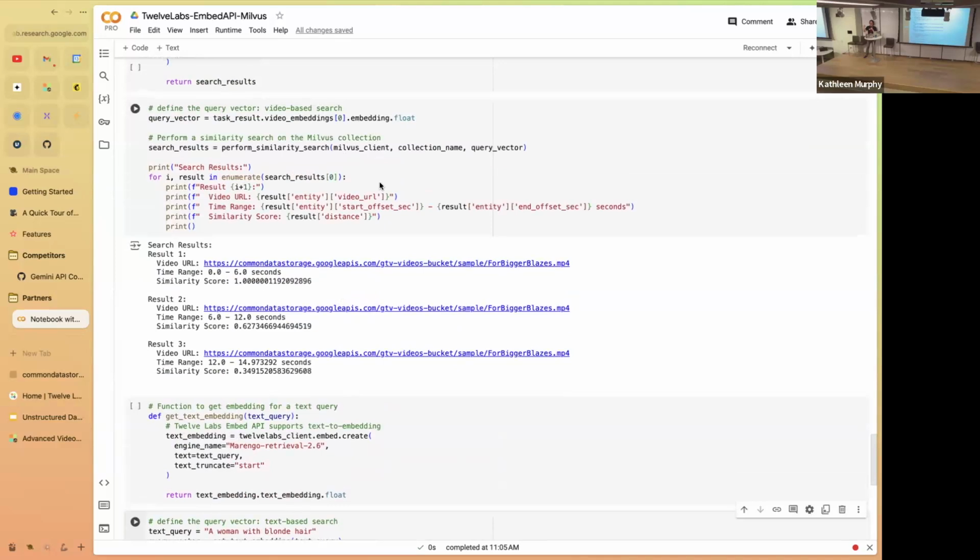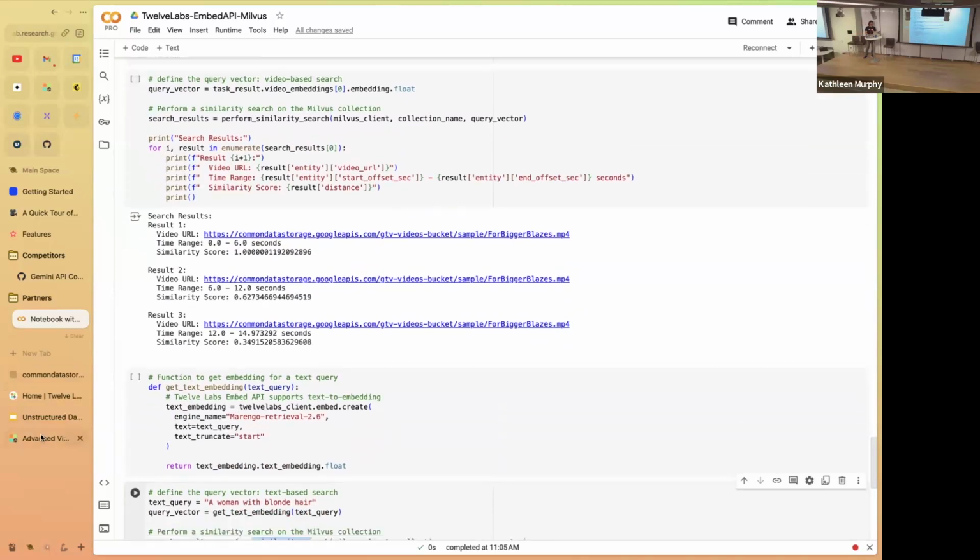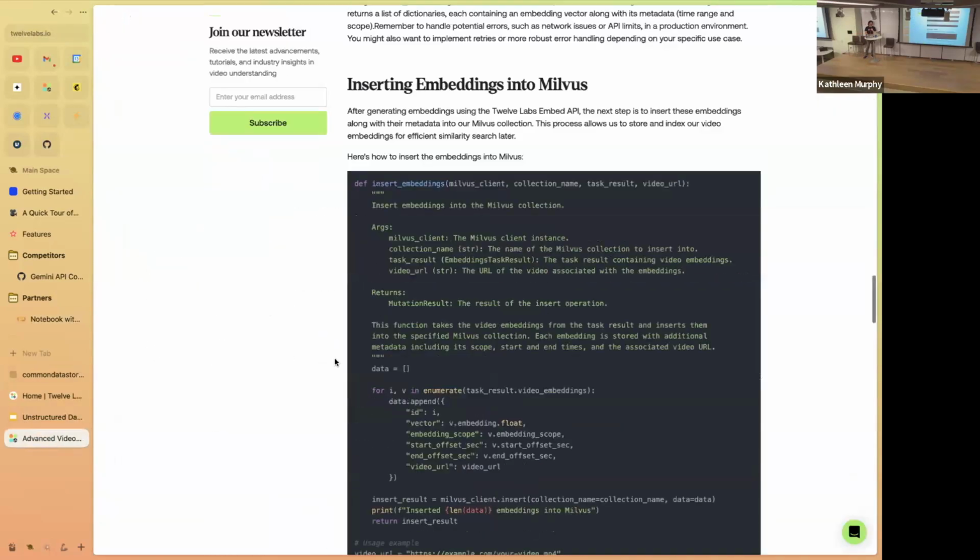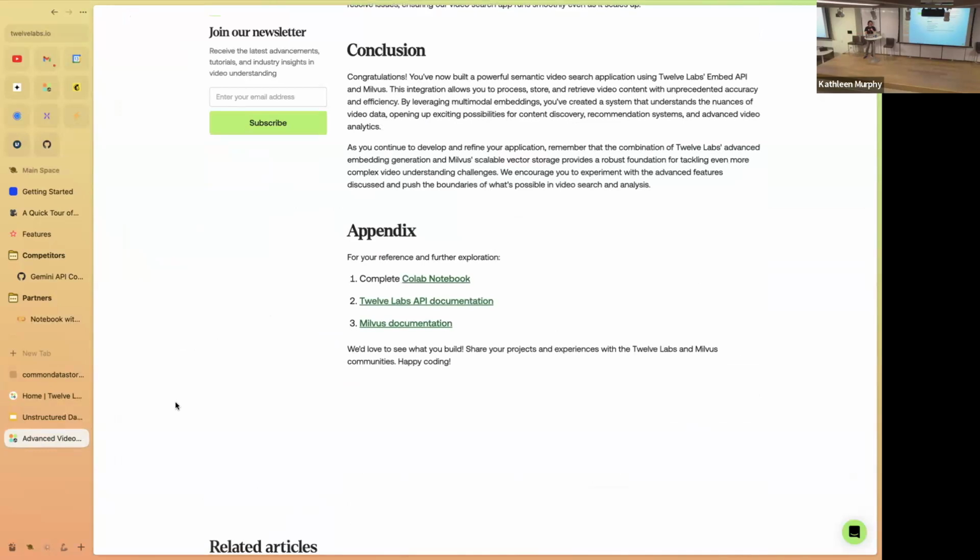Basically there are 2 ways you can perform search, right? You can type in the query you want to look for, or you can input a video segment and get back the videos that are semantically similar to that input. So it's super powerful for recommendation, right? Think about your input video, and then the output is going to be all the videos that are visually similar to that input, right? This notebook is available on the blog post, all the way down here. If you're interested, you can replicate that notebook and bring it into your own workflow.